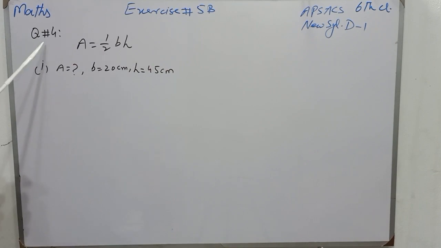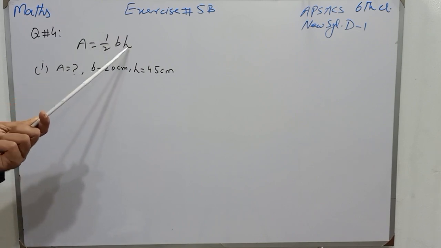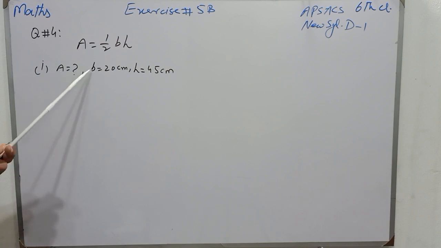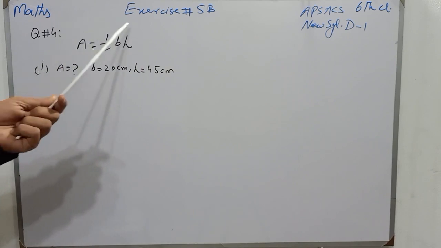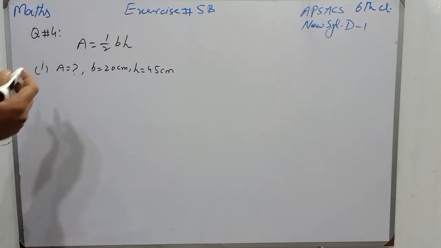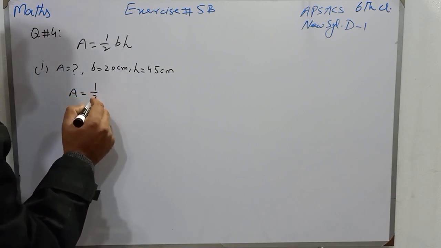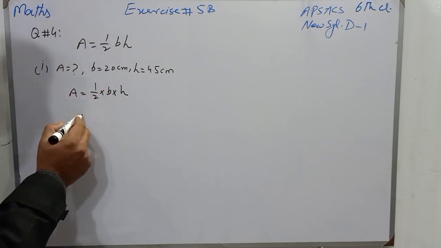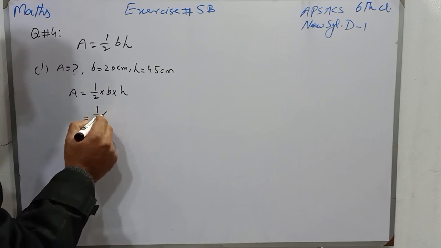Friends, question number 4. The formula of area of a triangle is A is equal to half of base multiplied by height, and in first part we have to find the area of triangle whose base is 20 centimeter and height is 45 centimeter. So we will apply the same formula. So I will write formula as A is equal to 1 over 2 multiplied by base multiplied by height. Area we have to find, so area will be equal to 1 over 2 multiplied by the value of base